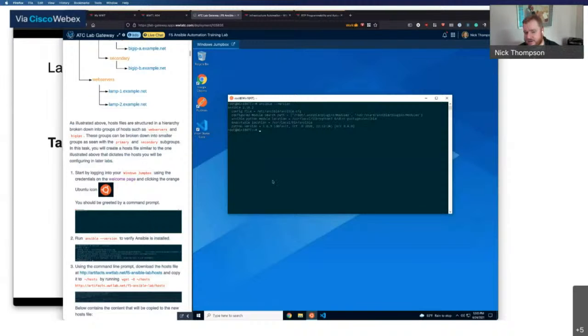And then the next thing that I need to do is pull down the inventory file for this lab. We have made this so that you can just clone it down and get a copy of that. So what I'm going to do is use wget, pull down the host file, and store it in my folder ~/hosts. So if we look at this,